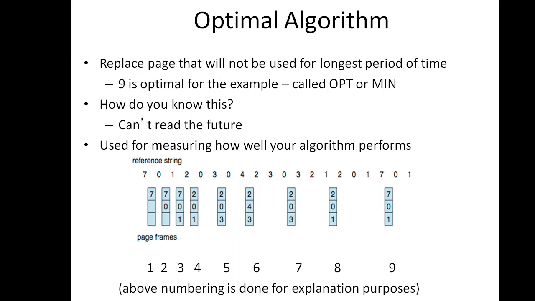Next we have 0. 0 is already in the frame, so do not do anything, no need to replace. Next we have value 3. In order to insert 3, I have to check among these 3 values, 2, 0, 1 of block 4, which is not used for the longest period of time. Let us check 2. 2 is used next in the 9th position. Next, 0 is used immediately after 3. Next, 1 is used at the 14th position.